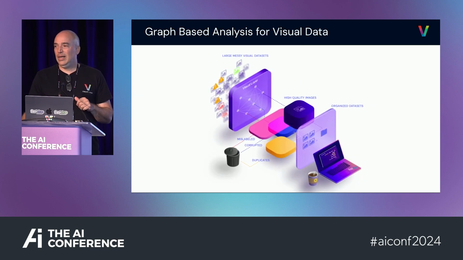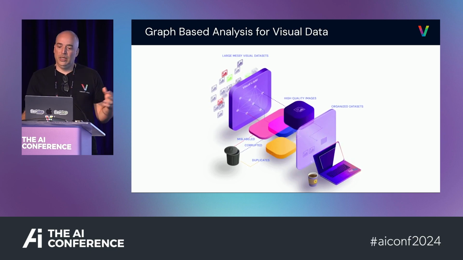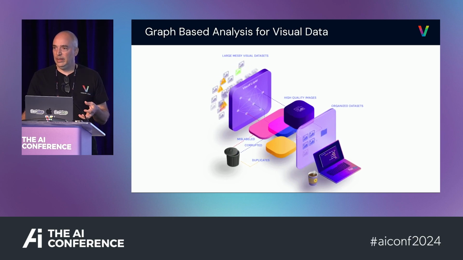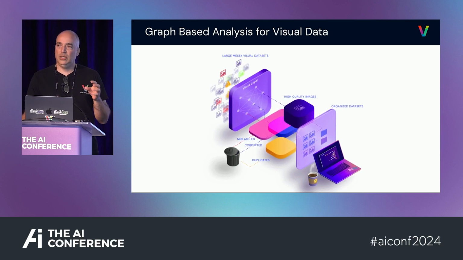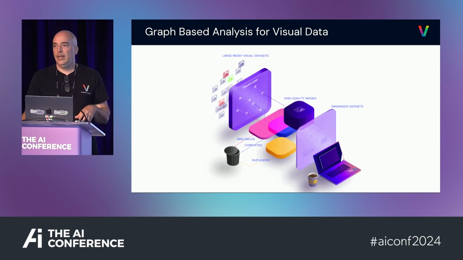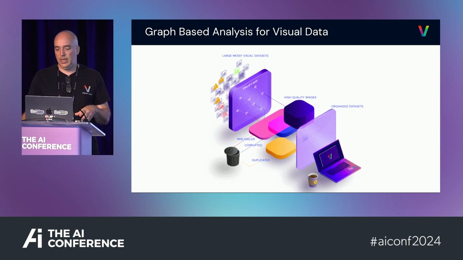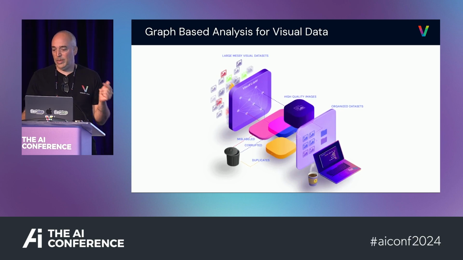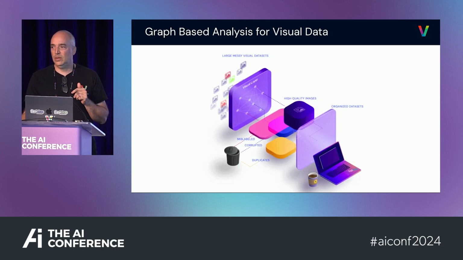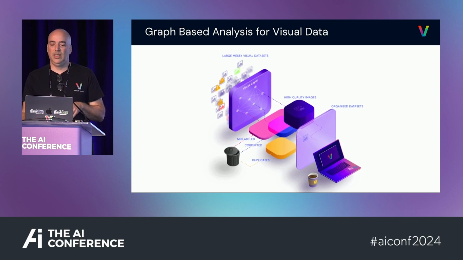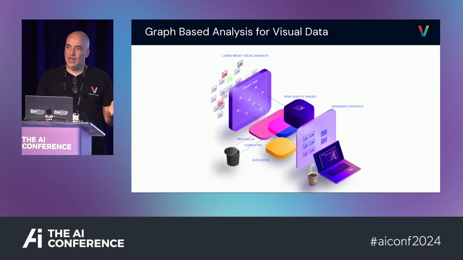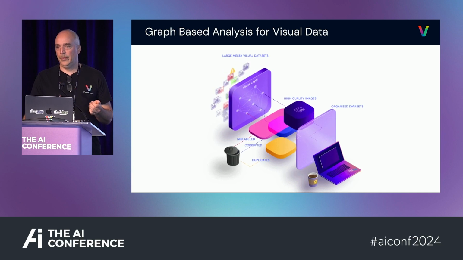So that's exactly what we're building. We're building a platform that can connect to a huge pool of visual data, images and videos. And we build a graph structure which has all the connectivity between the nodes. And then we can surface quality issues like duplicates, outliers, corruption, and so on. But outliers are the one of interest for this talk. That's one of the things we are focusing on. And this can be used as an API or as an analyst tool to find those outliers. And in a second, I'll show you how it looks.